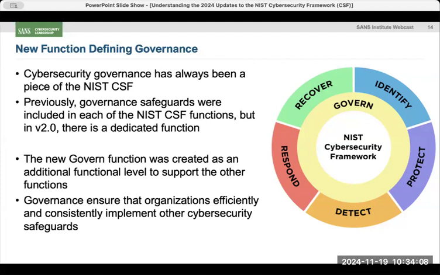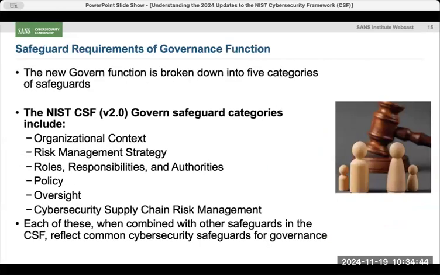I always tell people to imagine, with these standards, that you have this big list of individual statements in place. And imagine you then took a pair of scissors to the PDF of, say, the most recent version of the CSF, and you cut them into little pieces, and every safeguard is a little piece of paper. What they did between version 1.1 and version 2 is they took the little pieces of paper, threw some of them away, reorganized others into a new section, and then pasted it all back together and created the new version of the standard. That's the best analogy I can give you when we're looking at this.